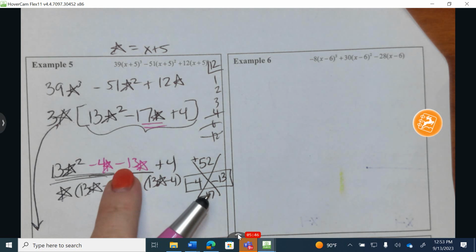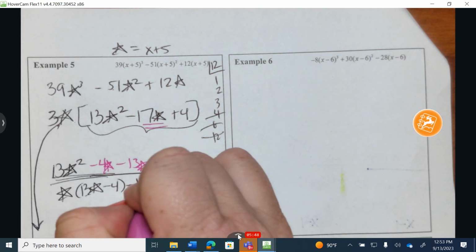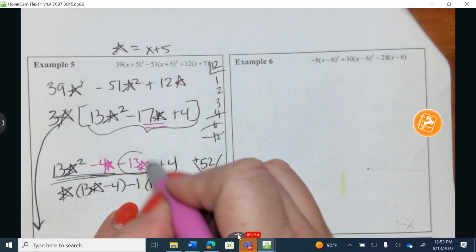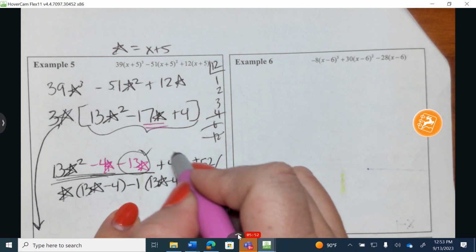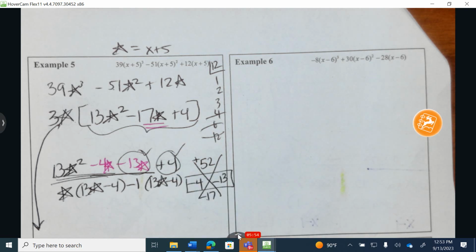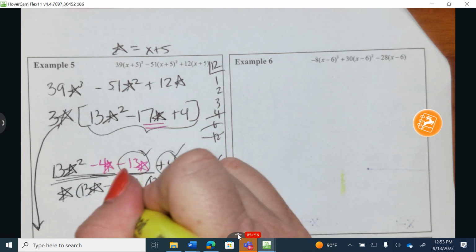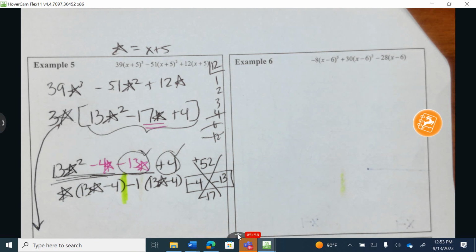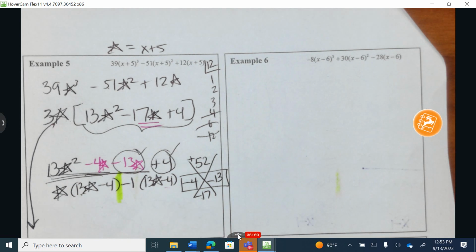What times 13 star equals a negative 13 star and negative 1? Let's make sure it works. That works. And this works. Okay, so we have a front, we have a back. Front and a back. What do they both have in common? They both have the quantity